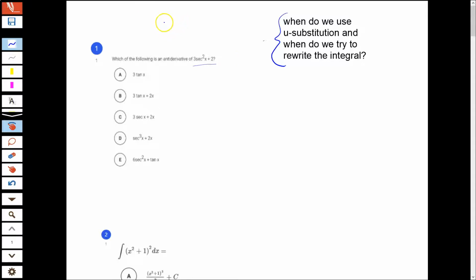So if we look at a derivative sheet, we see that the derivative of tangent is secant squared. So that means the antiderivative, or an antiderivative, because there are many antiderivatives of a particular function, would be 3 tangent of x. That would get us 3 secant squared when we take a derivative, plus 2x. Let's see if we can find that answer choice. Yeah, that is B, right? And notice they could have given us